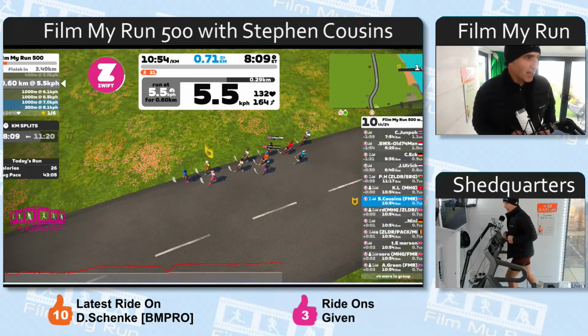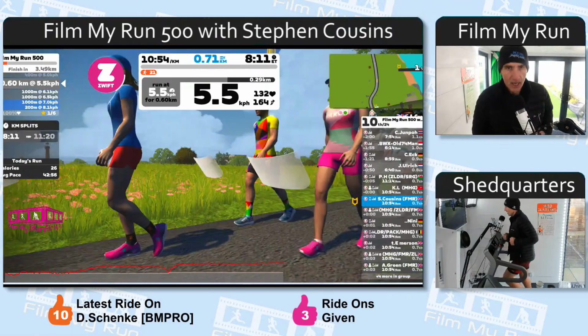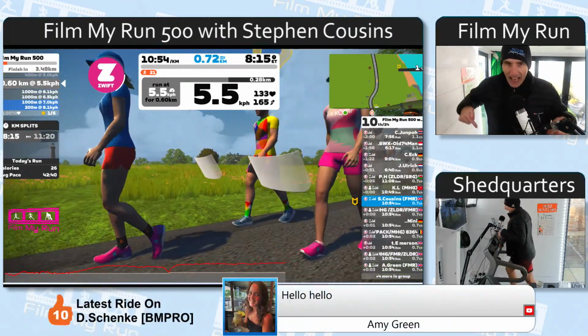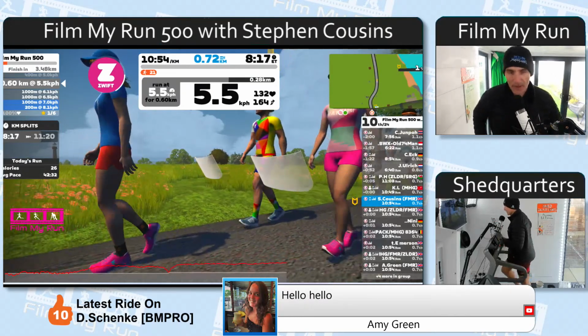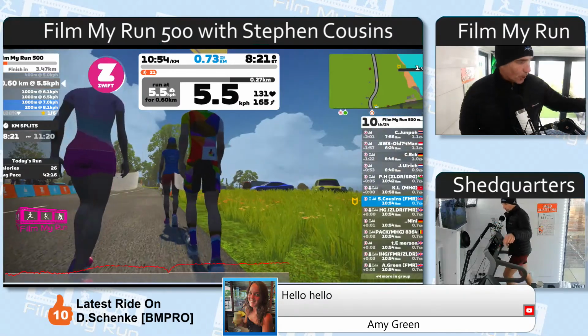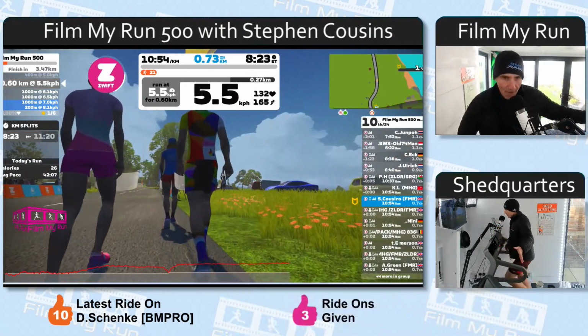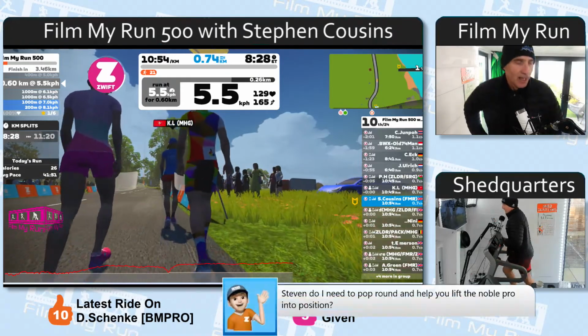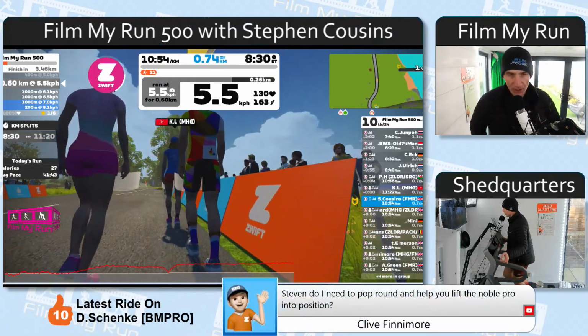But the problem is, in this studio, all my cameras are set up to point at this treadmill, the Technogym. The Noble Pro is to my left here, and it's what Victoria often runs on, and I run on occasionally.